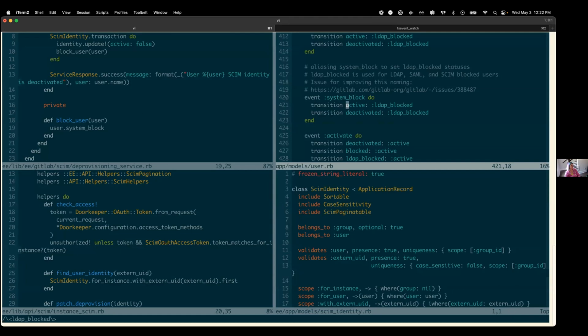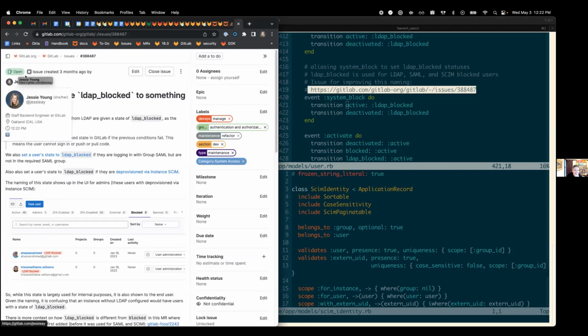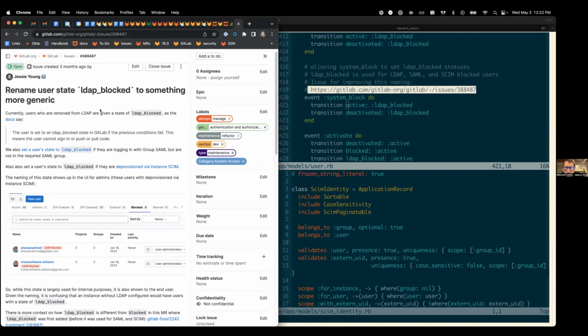Okay. So are you saying that? Oh, interesting. It says it should be used for LDAP blocked users, but so if it goes to deactivated, I'm confused by this. If active makes you LDAP blocked and deactivated makes you LDAP blocked. Oh, is that because we don't want somebody to have SAML and LDAP at the same time, or SCIM and LDAP at the same time? Aliasing system block to set LDAP blocker's status is LDAP blocked, used for LDAP, SAML, and SCIM blocked